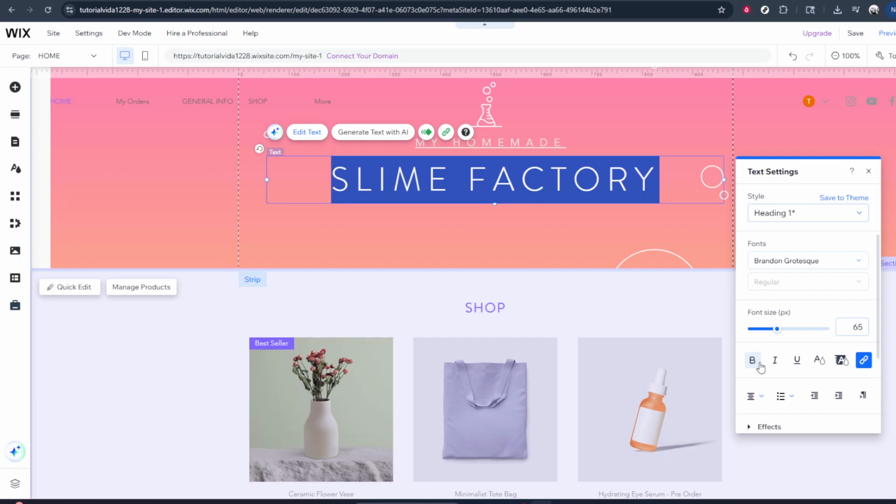Take a moment to review your changes on the page. Make sure the bold text is used sparingly and intentionally so it enhances readability instead of making everything look heavy or cluttered. When you're happy with the result, simply click outside the text box to exit editing mode, and